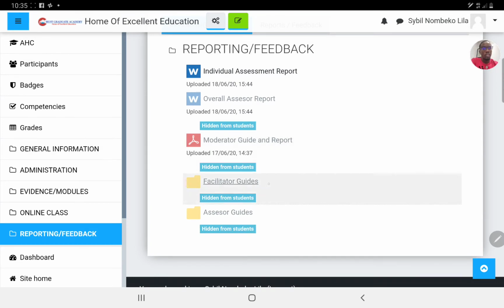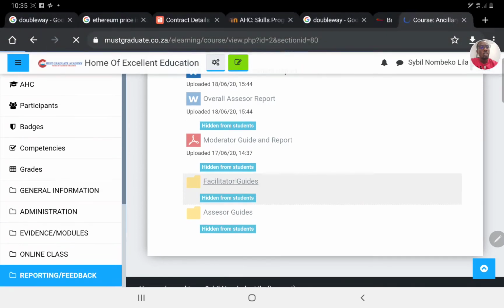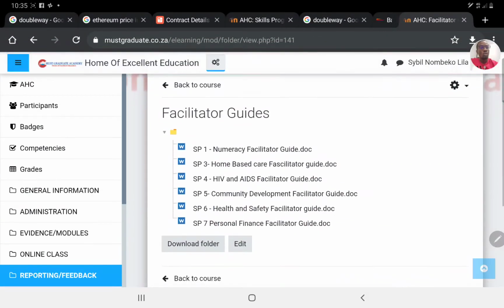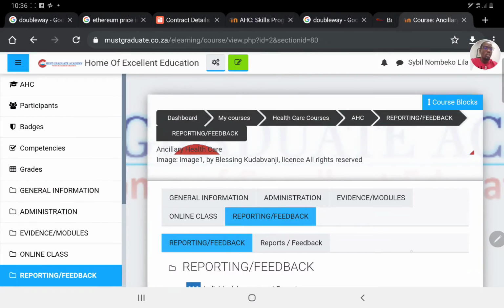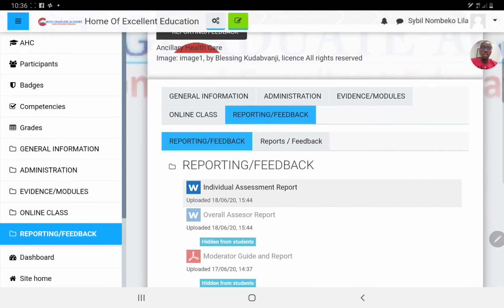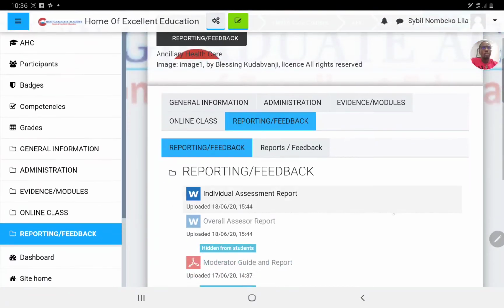And then the facilitator guides are preloaded, and assessor guides. If you were to open, for example, a facilitator guide, it will give you the documents for the All Skills program. You can download the folder, or you can view it on the system. So it's preloaded onto the system on your interface. Okay, so that's about reporting. Now let me get to discuss how the